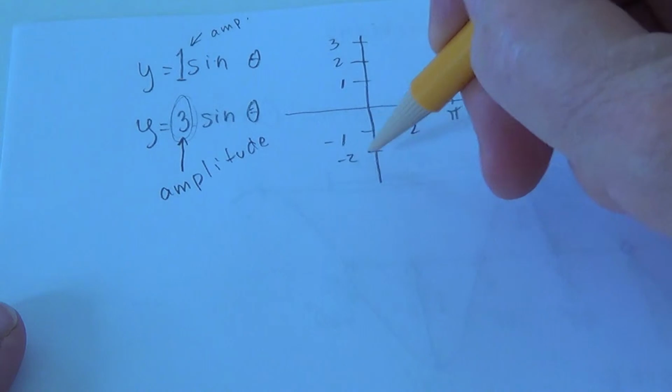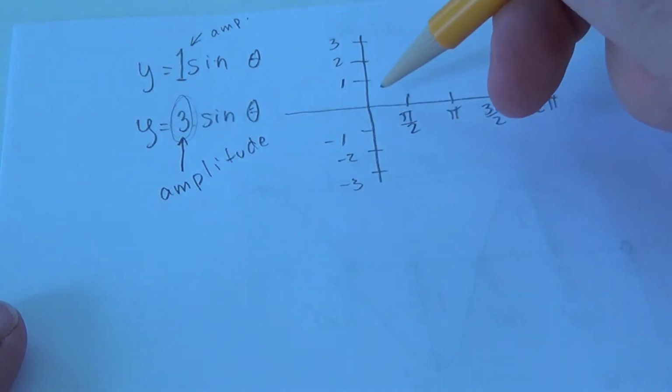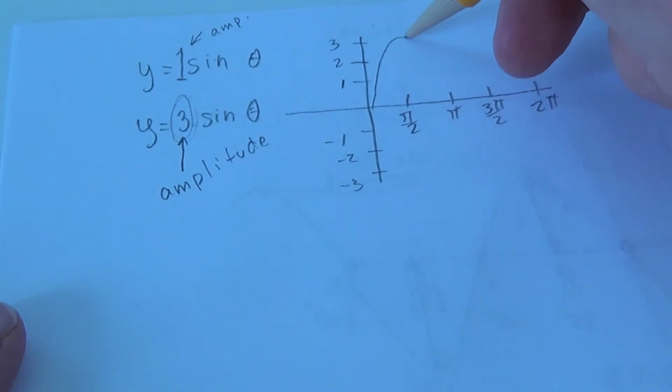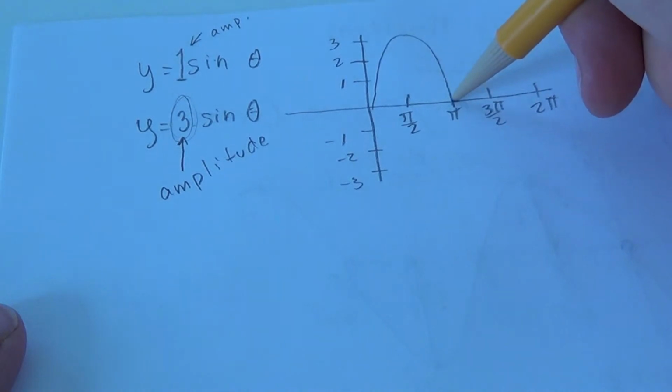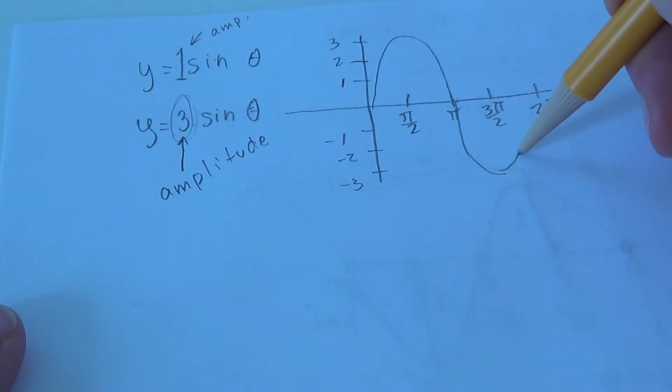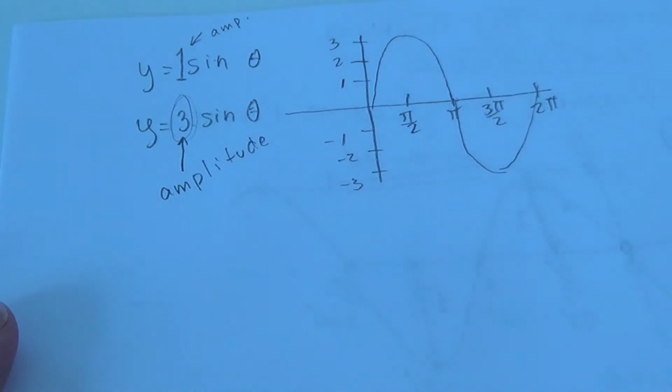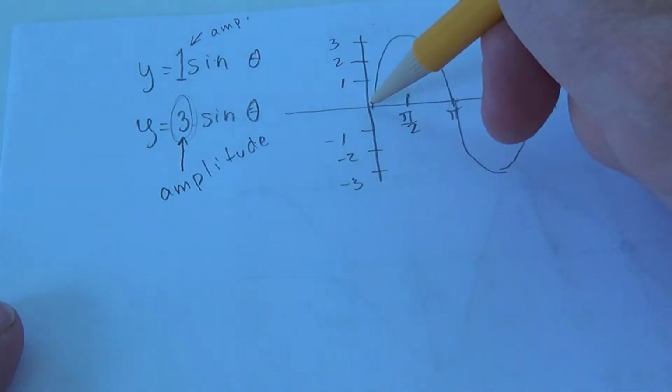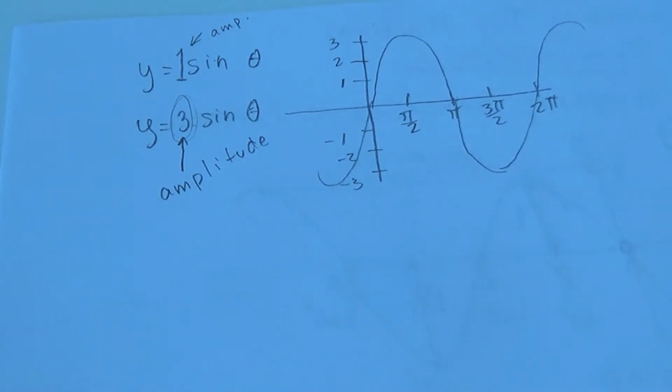and down to minus 3. So up she goes, peaks up there, down through pi it zeros out here, bottoms down here at negative 3, and back up to where we started. So that's one period or cycle of y equals 3 sine of theta. And it goes on like that. So what would happen, do you suppose, if I asked you to graph